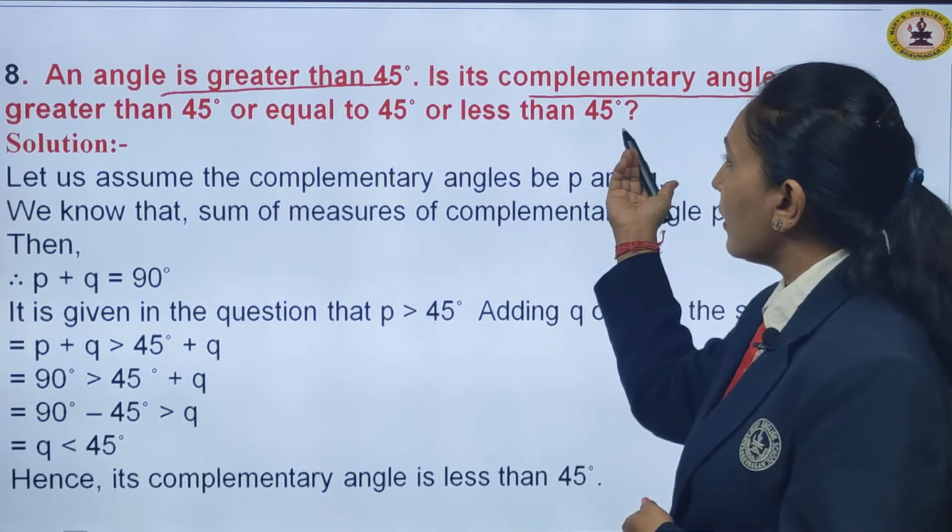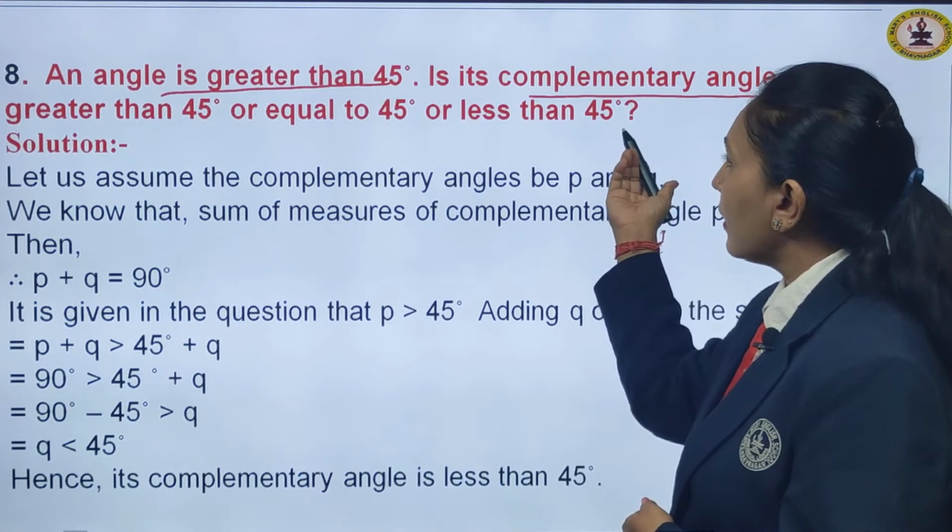Number 4, are BOD, where is BOD, children? BOD, that is this angle, and DOA supplementary? Children, what is the condition for supplementary angles? That they should add up to 180 degrees. So, let us answer here. Yes, angle BOD and DOA have a common vertex, that is O, and a common arm OE. Both have OE, and their non-common arms OA and OB are opposite to each other.